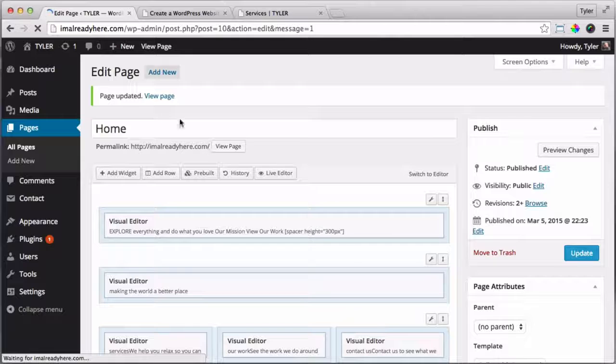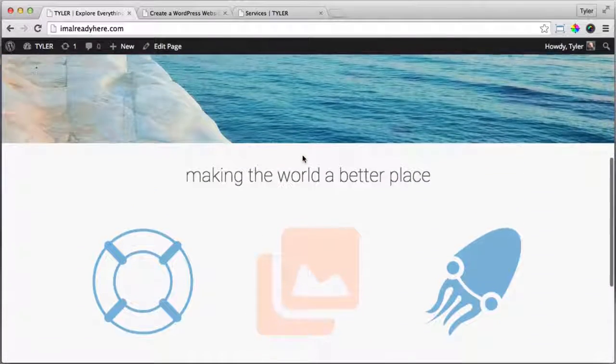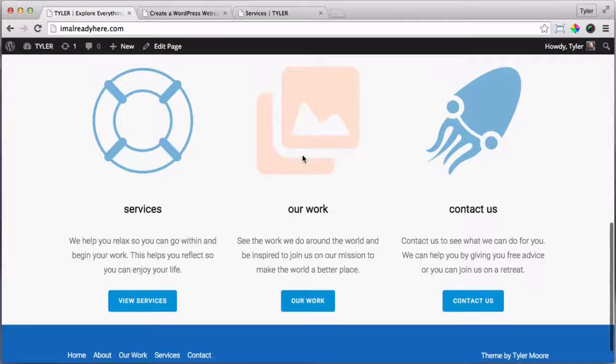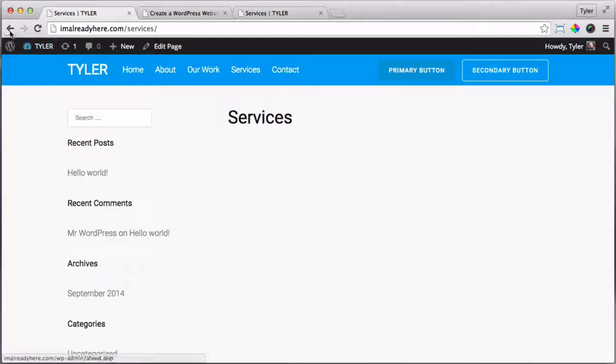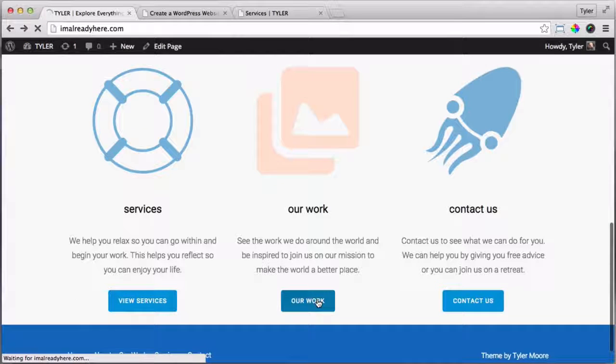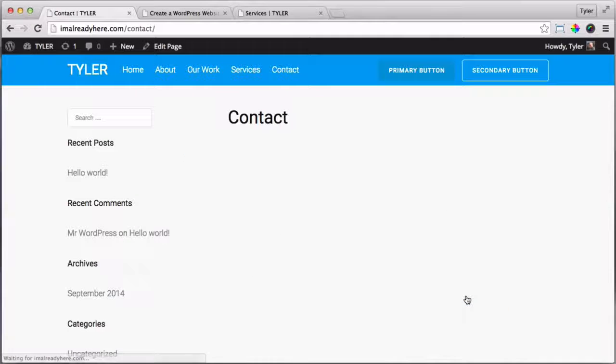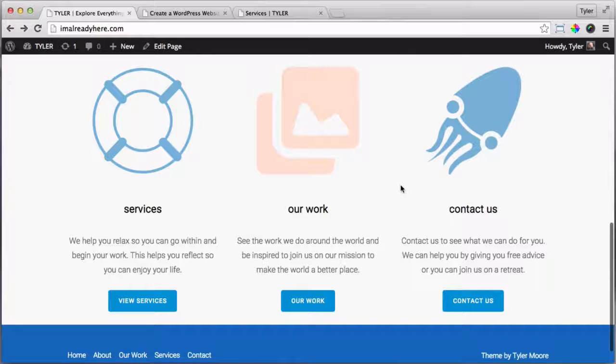Now we can look at our page and we can see that it is really coming together and looking awesome. This goes to the services page. This one goes to the our work page. And this one goes to the contact page. And it's looking really great. So next, let's finish off this home page and add some call to action text and buttons at the bottom right here. But before we do that, let's make this